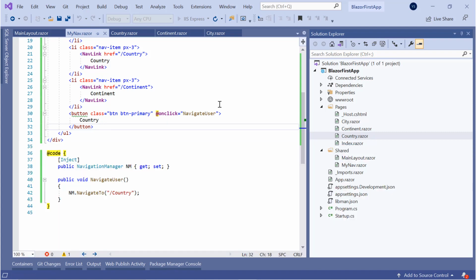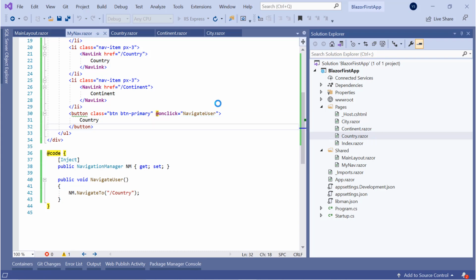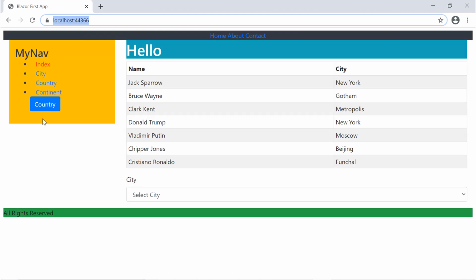Have patience for a few more seconds, and it is coming up, and it has come. Okay, so just wait, and there it is, this country button.